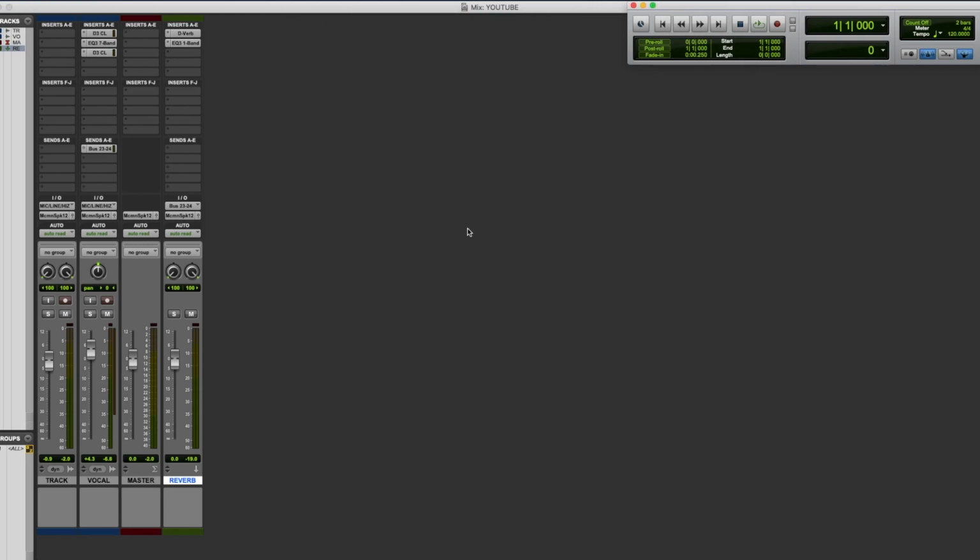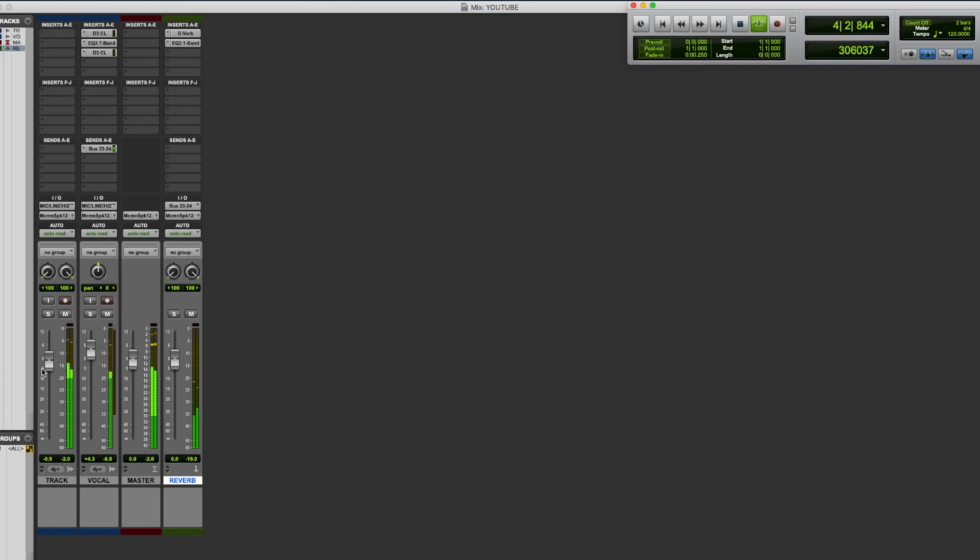Now lastly, all we need to look at now is this master fader. You have a master fader on everything. We don't want to be taking this up to the red. We need to be getting it as high as we possibly can without it clipping into the red, otherwise we'll have distortion. So if we look at my master fader,